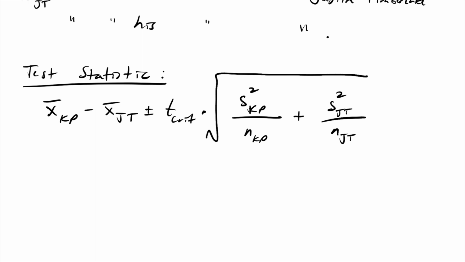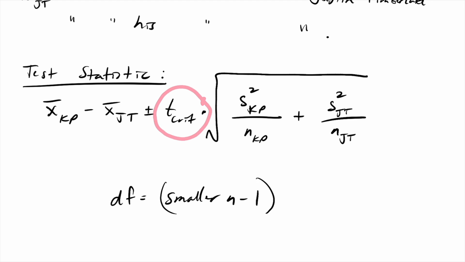And then we also use degrees of freedom. What was the formula I told you to use to approximate degrees of freedom? Not that one, the calculator will do that one for us. Use the smaller n minus 1. Here both are 15, so it doesn't matter. If they're both the same size, it doesn't matter. But if one n minus 1 is bigger than the other, use the smaller n minus 1. That'll help us get that number for T crit.